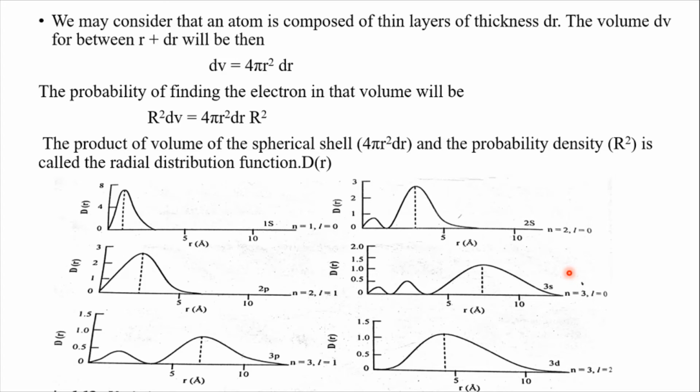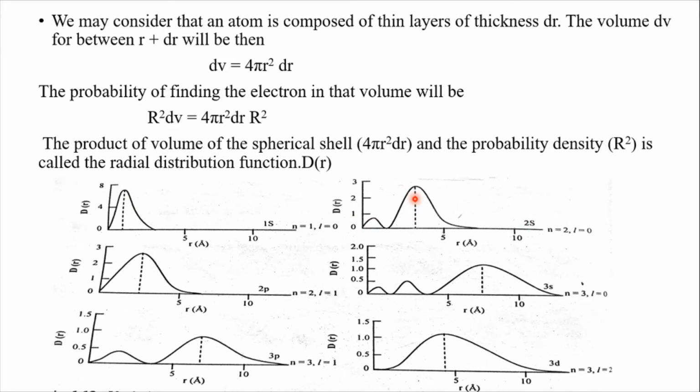The total number of peaks for the various curves for s, p, d orbitals is equal to n, n-1, n-2 respectively. So for the s orbital there is only one peak. What does it tell? The total number of peaks for the curves for s, p and d orbitals is n, n-1, n-2. So for the s orbital it is n. For 1s, n is 1, there is one peak. Here is 2s, there are 2 peaks.